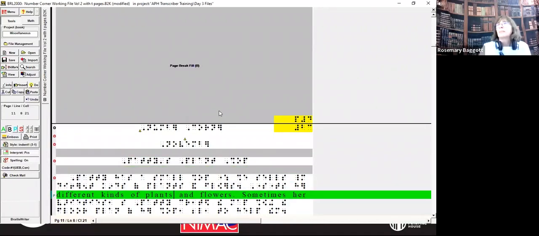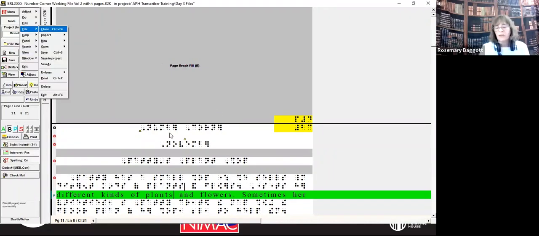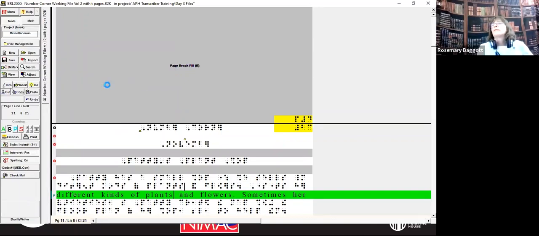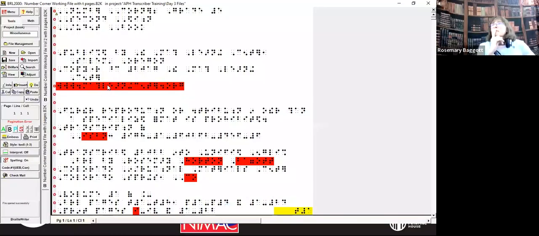Okay, I'm going to save that. I'm going to go back into the volume 1 that I just switched over from. I just did Alt F-O for open, file open. Here it shows up as a recently used file. I'm going to, oh no, I don't want the volume 2, I want the volume 1 or working file. Here's the volume we started off with.